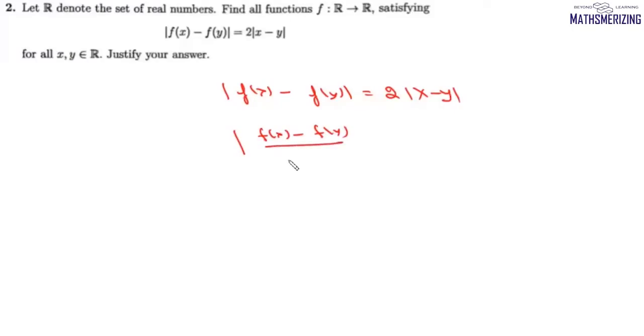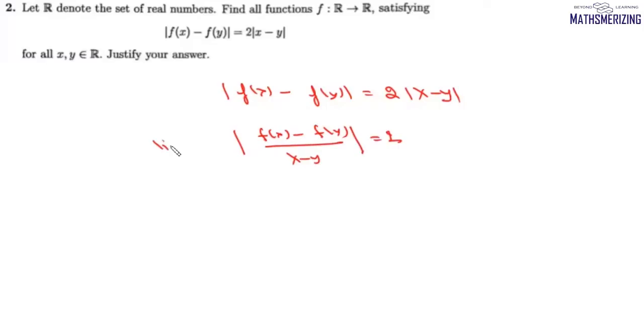Now question number 2 is, let R denote the set of real numbers. Find all the functions f from R to R satisfying mod of f(x) minus f(y) is equal to 2 times mod of x minus y. Now taking x as x plus h and y as x, we can prove that this function is a continuous and differentiable function. Now if we write this as mod of (f(x) minus f(y)) upon (x minus y) equals 2,